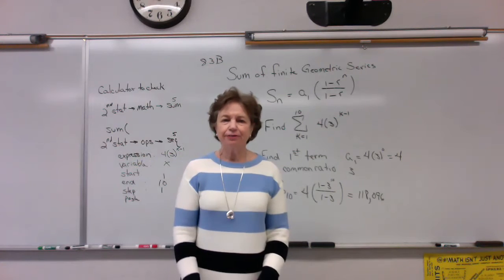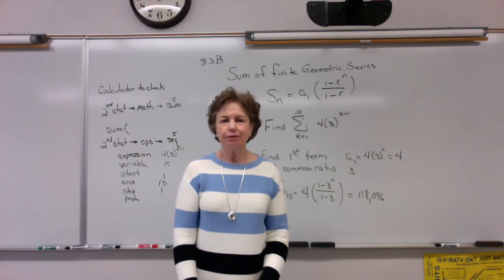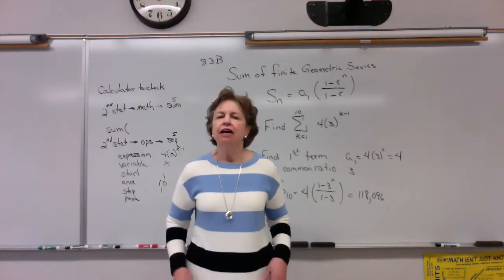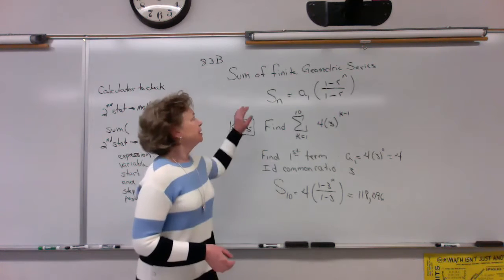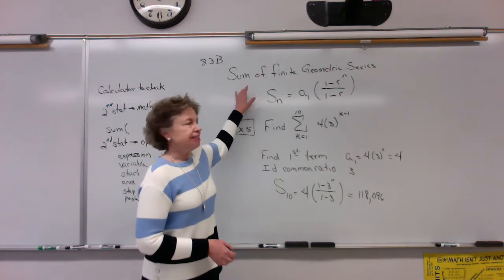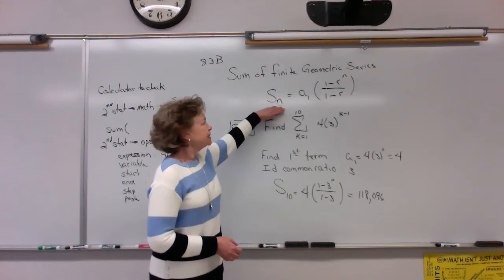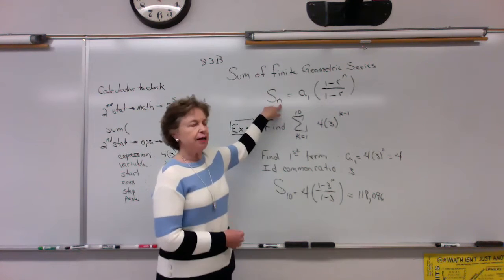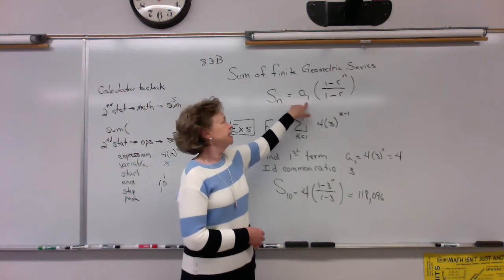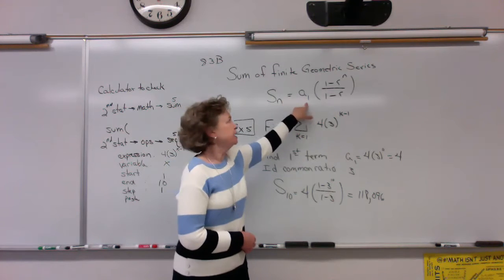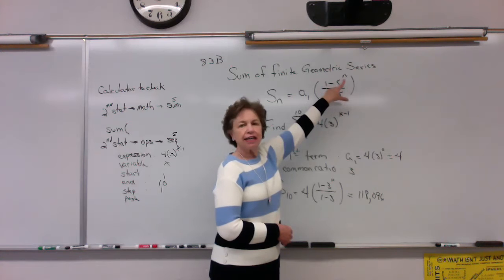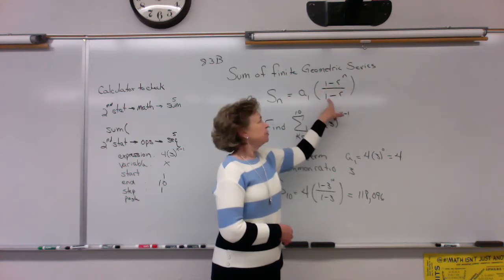This is the wrap-up of lesson 8.3b, examples 5 and 6 of geometric series. Today we're finding the sum of finite geometric series. That sum is given by the formula S sub n, where n is the number of terms that you're summing, equals the first term, a sub 1, times 1 minus the common ratio to the nth power, divided by 1 minus